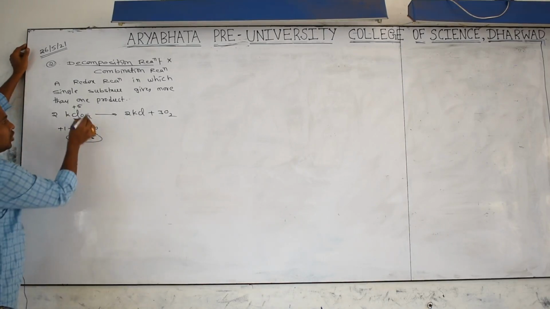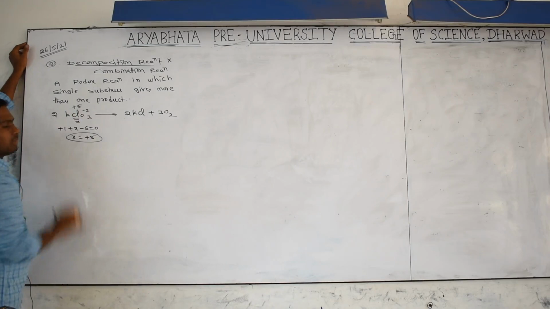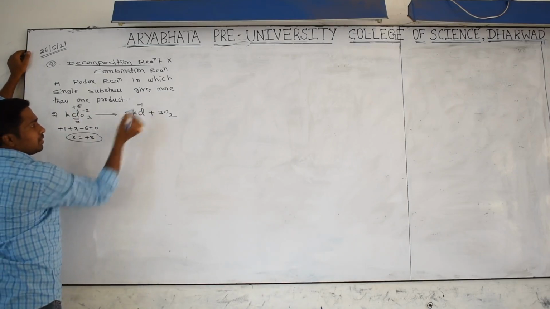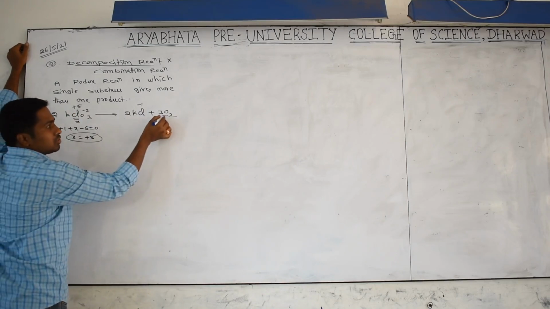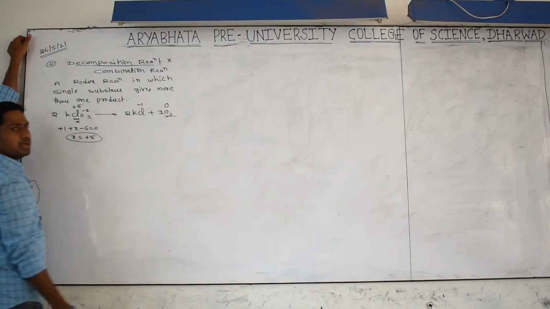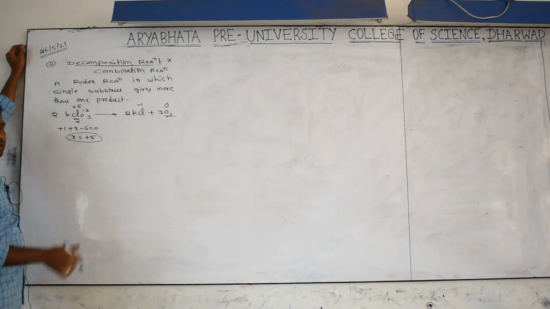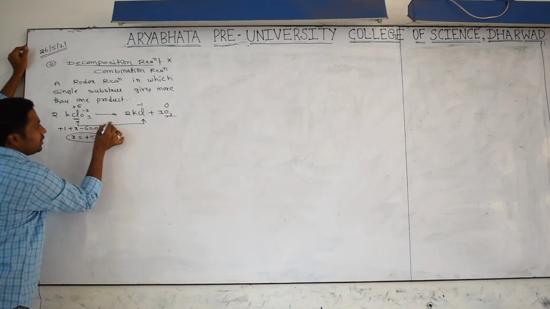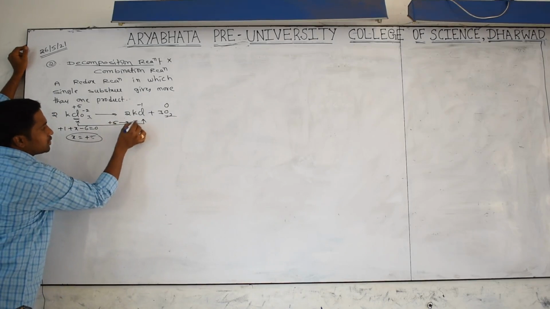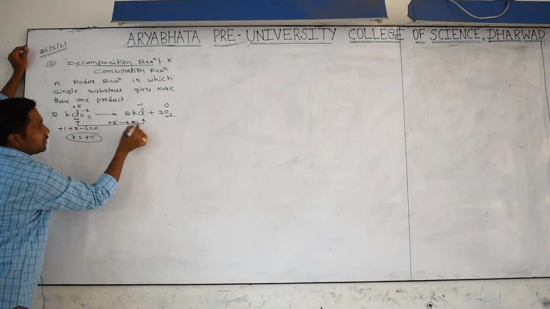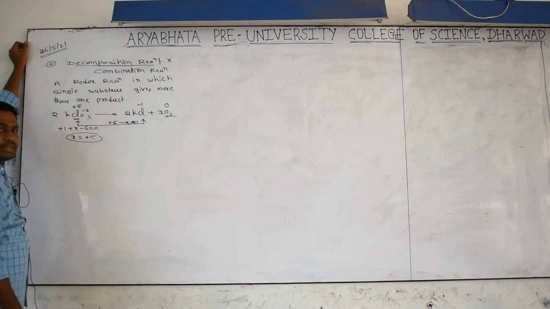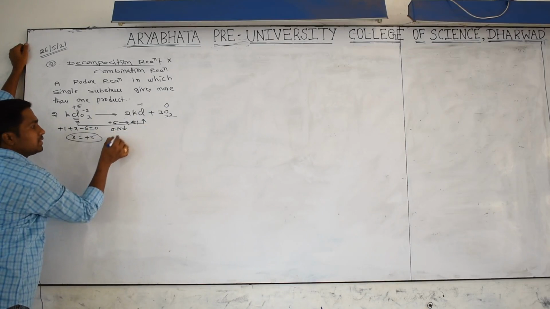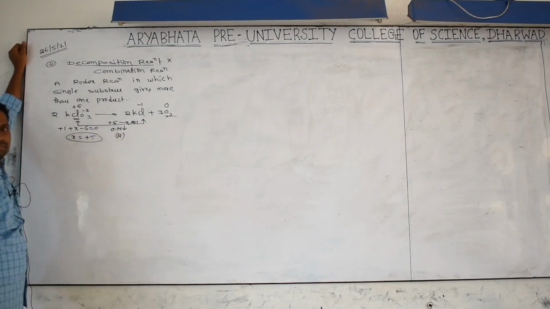Commonly the oxygen oxidation number is -2. Here the chlorine oxidation number is coming -1. The oxygen oxidation number, you know very well, is 0 because it's in elementary form. So chlorine oxidation number changes from where to where? +5 to -1. Value increasing or decreasing? Decreasing. So the oxidation number is decreasing. That is called reduction.